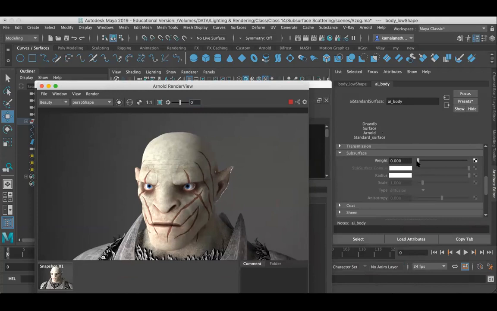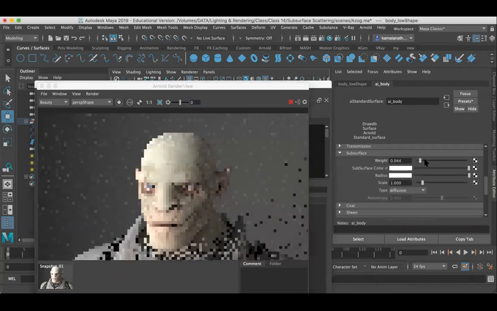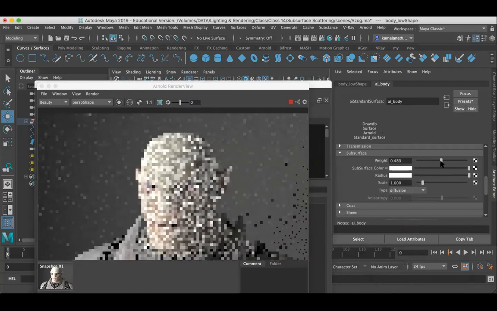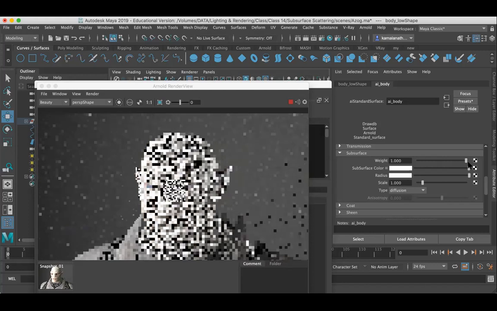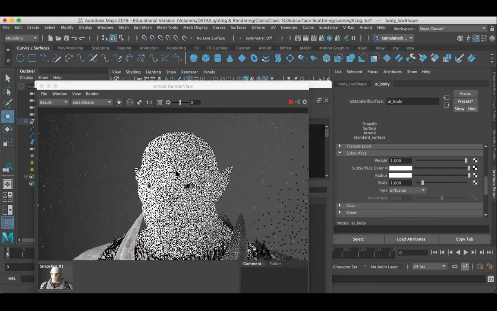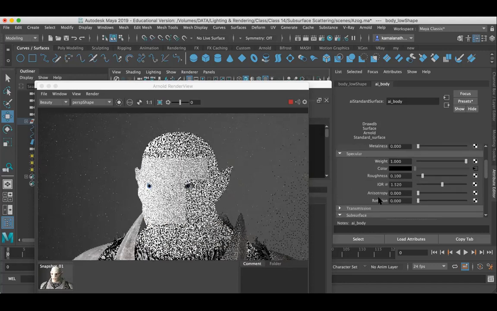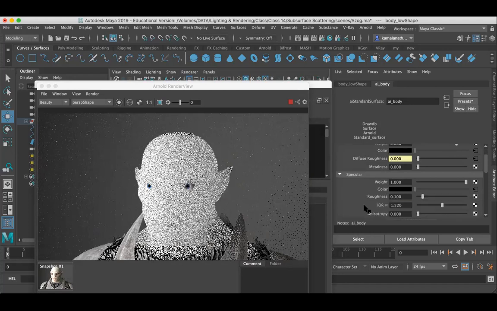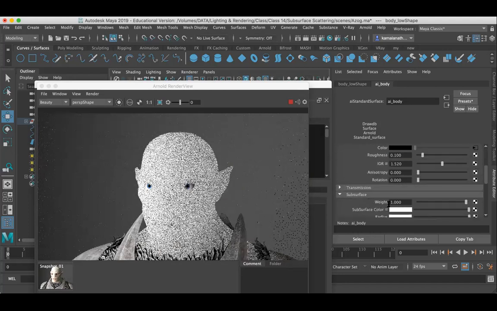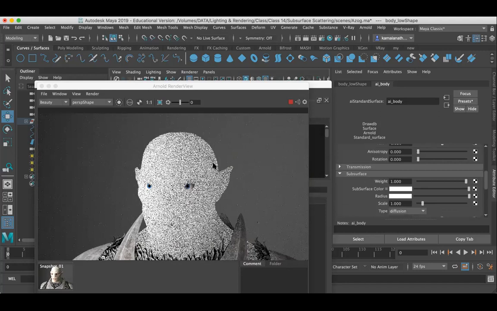The weight is 0. When I move this value from 0 to 1, you can find the color of the object is missing. You can see here, the base color will be changed to white. It's still rendering.